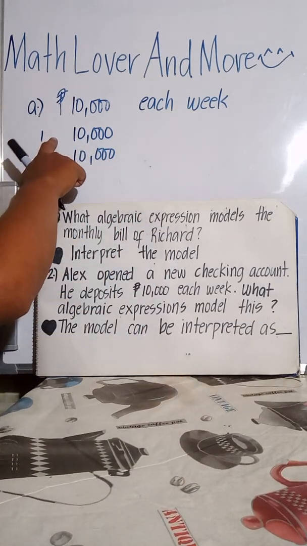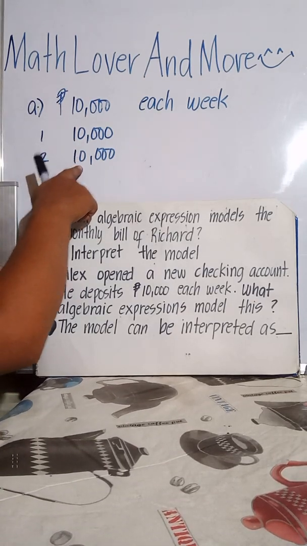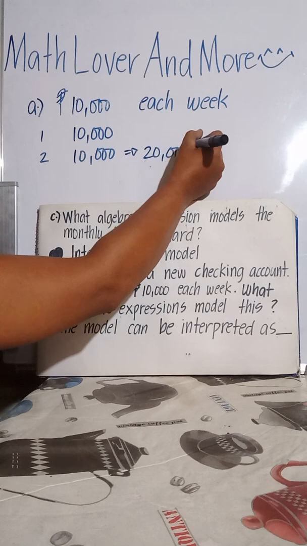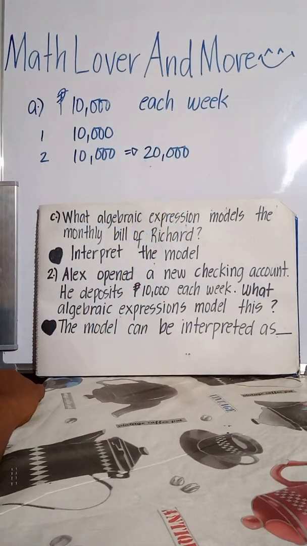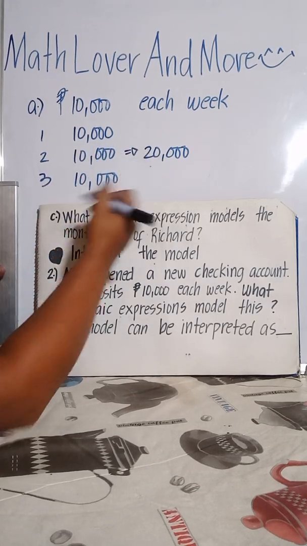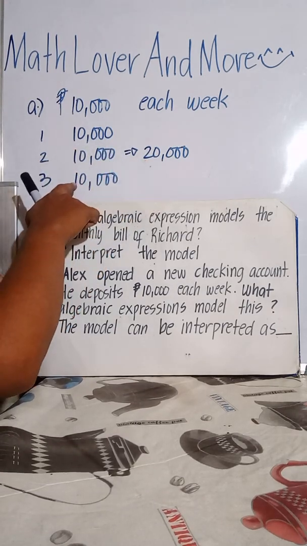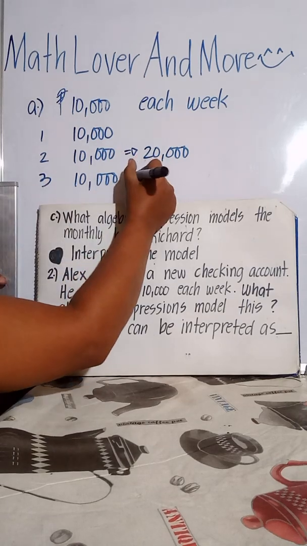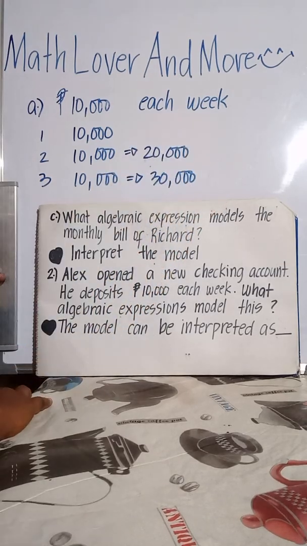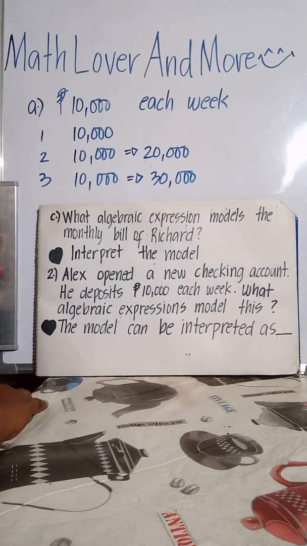So for the first week, the money is 10,000. For the second week, he deposited another 10,000, and so the money becomes 20,000. Because you have to add that. And then for the third week, he deposited again another 10,000, and so the money in the second week, that is 20,000, will be added with 10,000 again. So for the third week, it is 30,000. And so, to model this situation, the money of Alex in the bank,